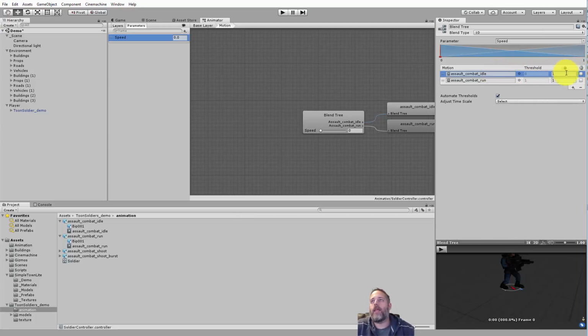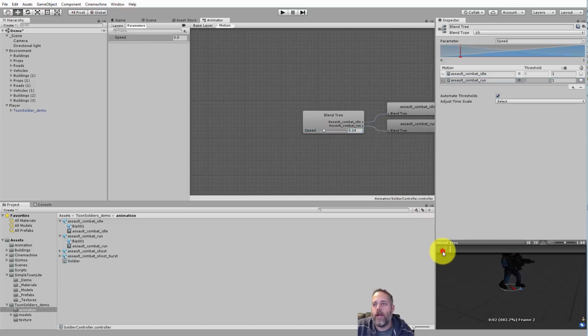This is the speed that the animation will play at, like the playback speed. So it'll play at normal speed, just so you can use it to double things or slow them down, whatever you need. Most of the time, this is 1 or semi-near 1, depending on how your blend tree is set up. But then if the value of speed right here is 1 or greater than 1, we're going to be in the run animation. And as we kind of go through it, like if I slide this up and down,